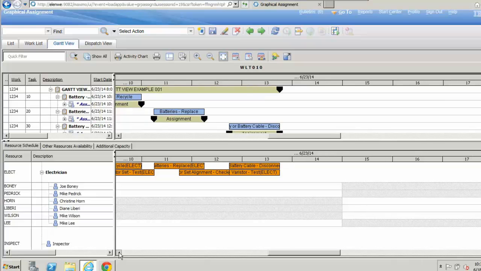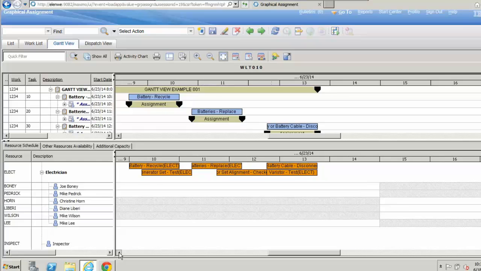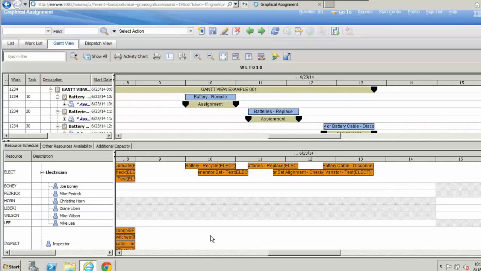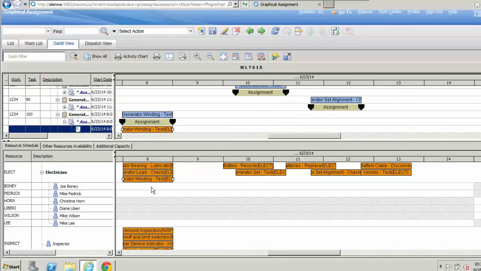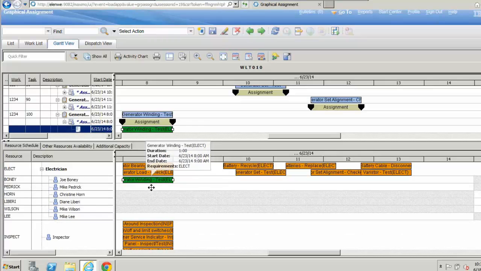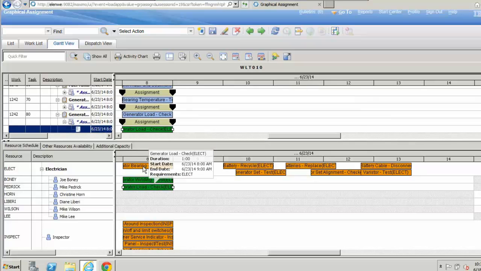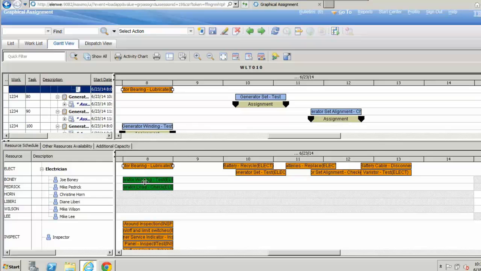So as I start to allocate work, how is this accomplished? Well, it's really just a simple drag and drop. By clicking on one of my tasks, I can drag that onto Joe Boney. Whoops, a little bit of lag here. Onto Joe Boney. That task is now allocated. And once I save this, it will be assigned to Joe Boney. I'll give this one to Mike Pedrick. And I'll give this one